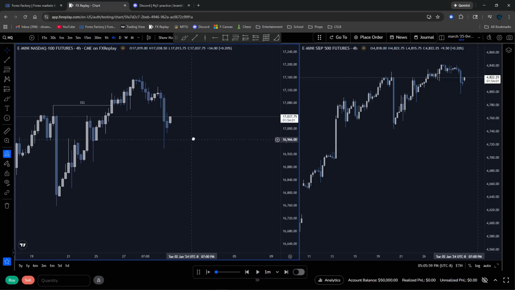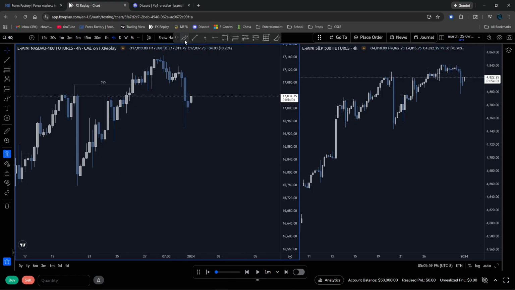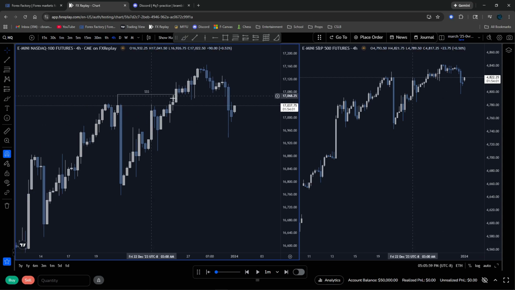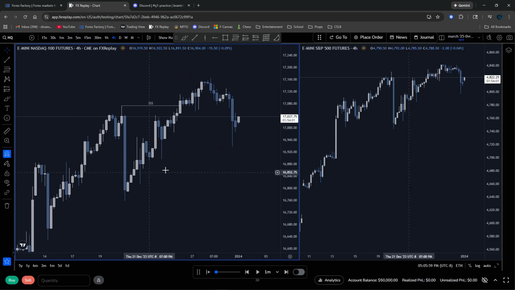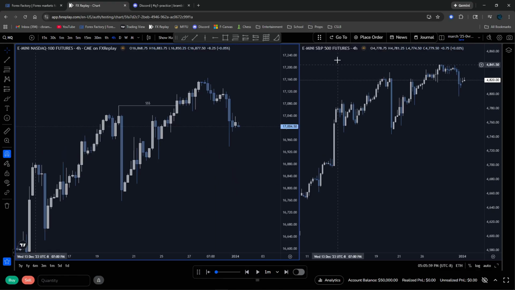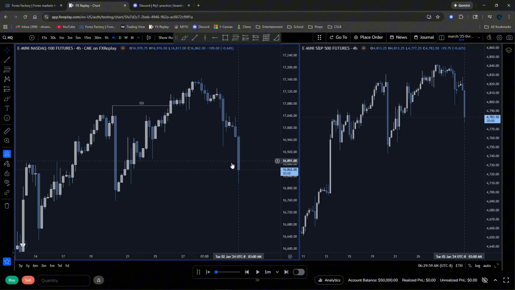I put really all my emphasis into displacement, structure, order blocks, fair value gaps, changes in the state, and I'll be discussing all that and showing what I mean in this entire session. I'm based in LA, so my time is set to Pacific Standard, so everything you see here is 3 hours behind New York time, so this is 9:30 open, right?